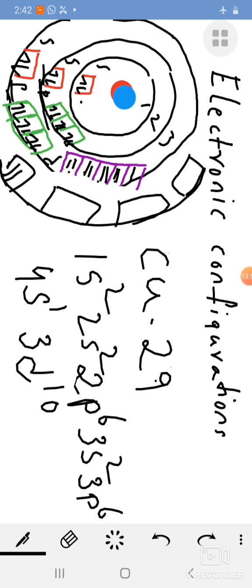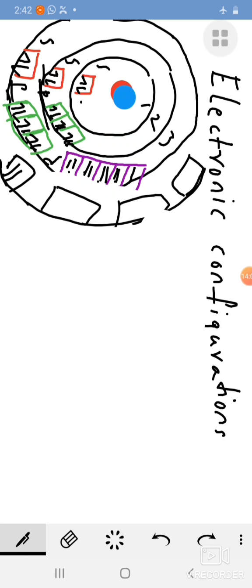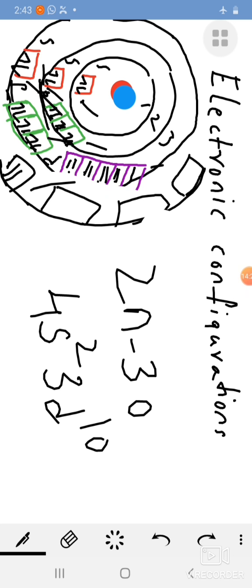These are the electronic configurations from hydrogen to copper. Next, after copper, the simple electronic configuration of zinc you can write and practice. Zinc's atomic number is 30 and its electronic configuration is 1s2, 2s2, 2p6, 3s2, 3p6, 4s2, 3d10. Before that chromium is 4s1 3d5, copper is 4s1 3d10, zinc acquires 4s2 3d10. It is also a stable outer electronic configuration. I hope you understand.